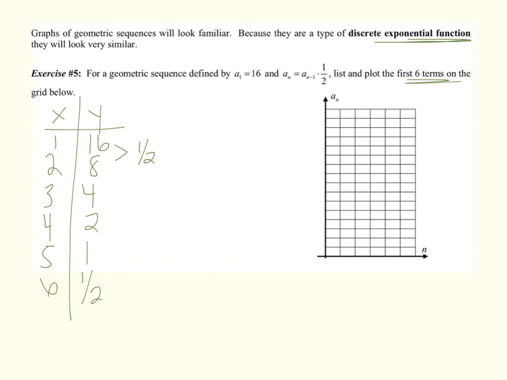I hope you were able to see that. All I'm doing is multiplying by a half. Multiply by a half. Multiply by a half. I'm multiplying by my common ratio. And if I go ahead and plot these points,